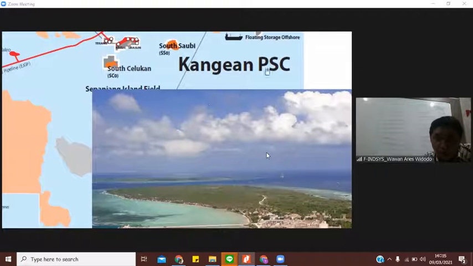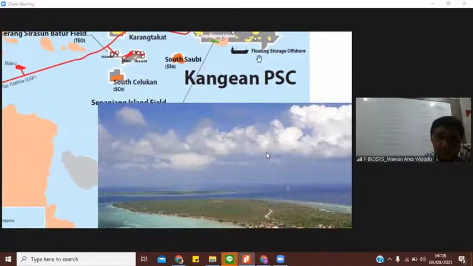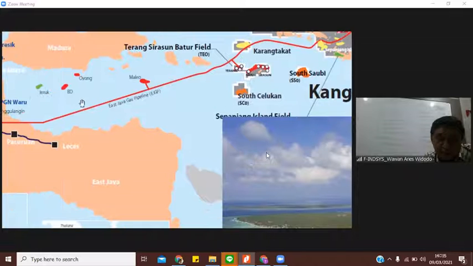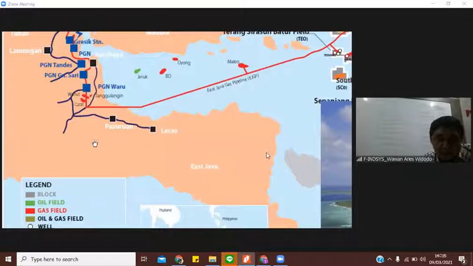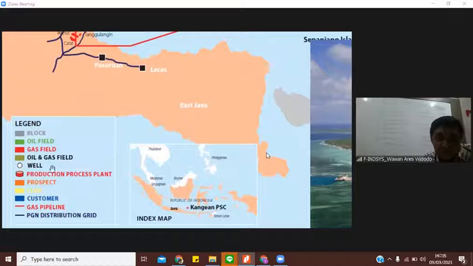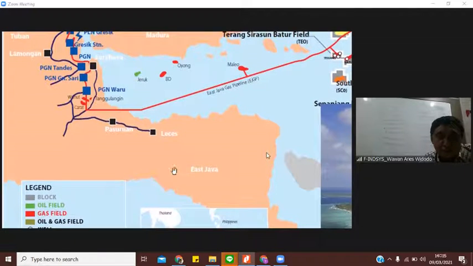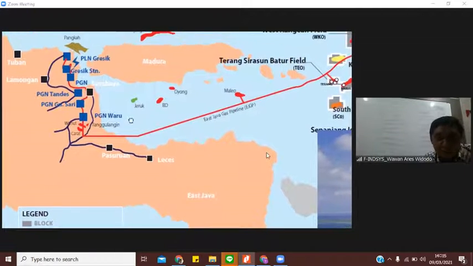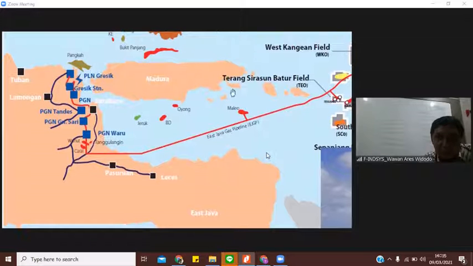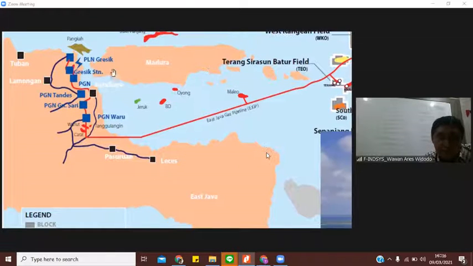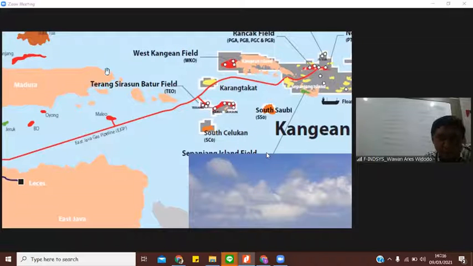This is about 400 kilometers. Yeah, this is 400 kilometers until ORF here, onshore receiving facilities. Okay, oil field, gas field. I think the students are from East Java or maybe from Madura. Okay, the source is actually around Sumenep. Yeah, Sumenep here. So with a ship, we can go to Kangean Island.